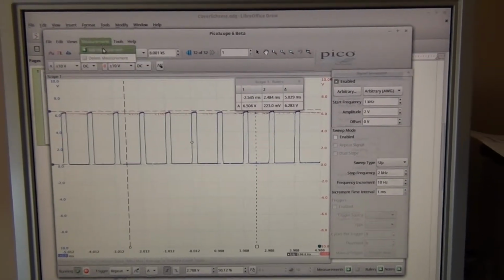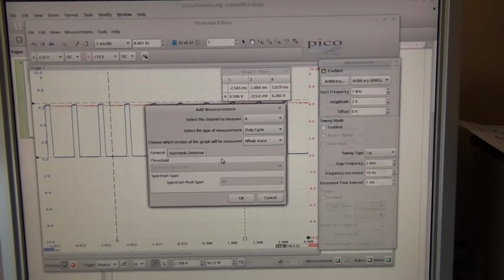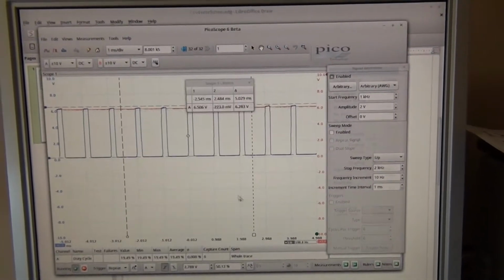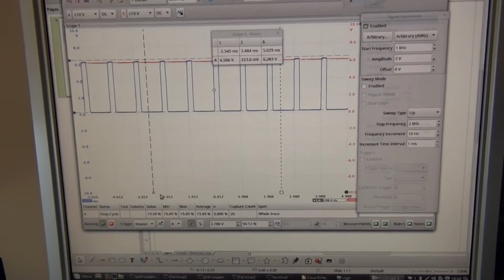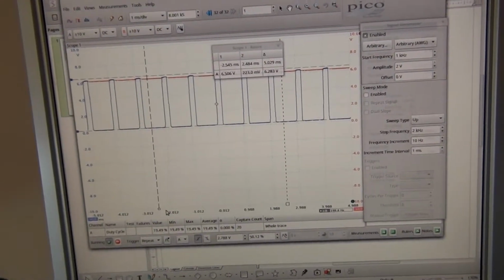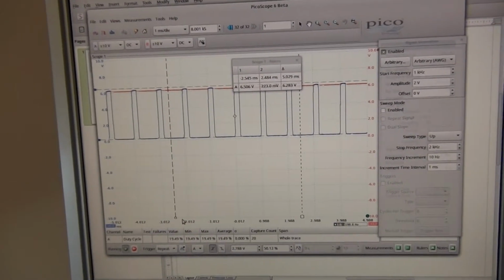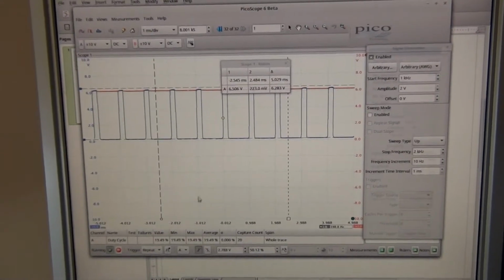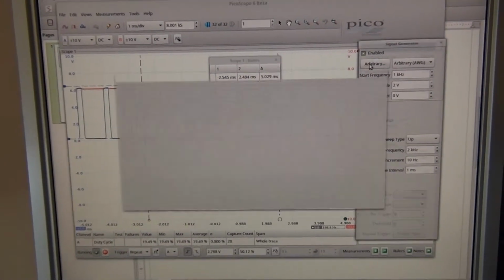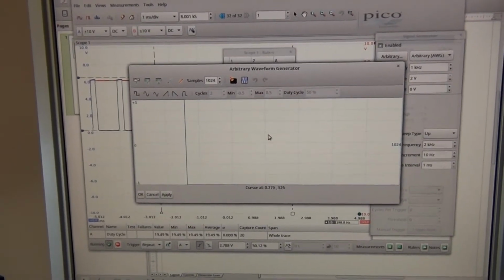We can use the measurements to check that they are actually correct. So on channel A I'm putting the duty cycle measurement, and the value is 19.5%, which is very close to the 20% that we instructed. So it just works, and you can actually use the arbitrary wave generator to produce more interesting